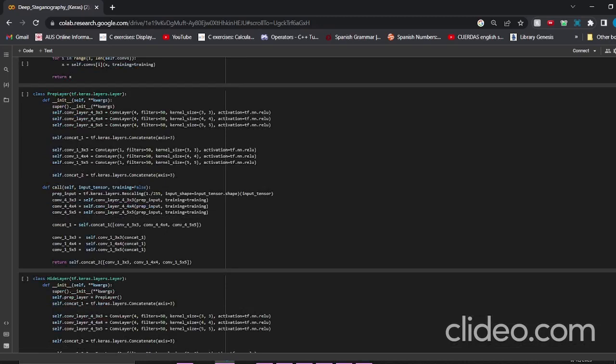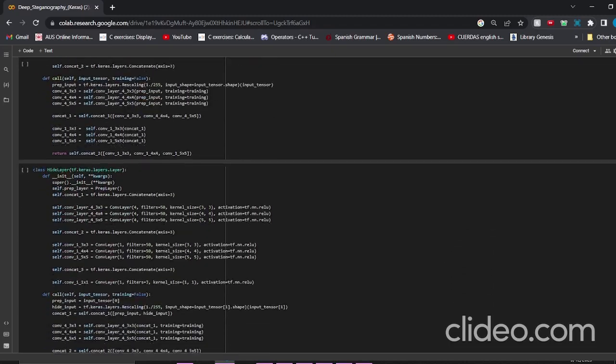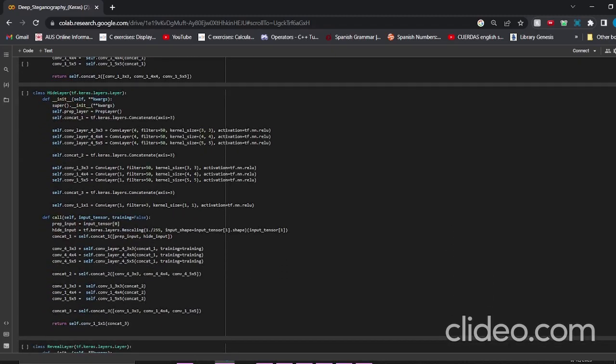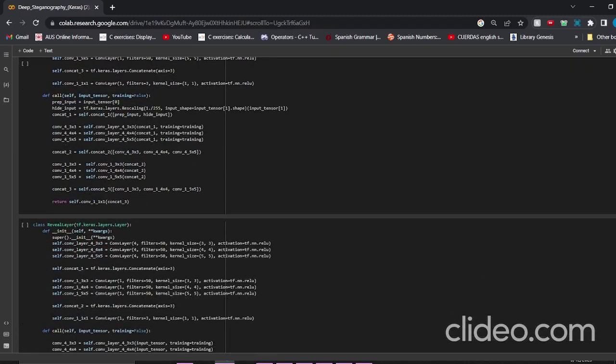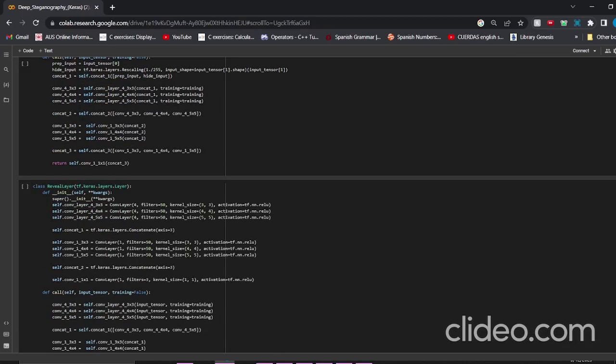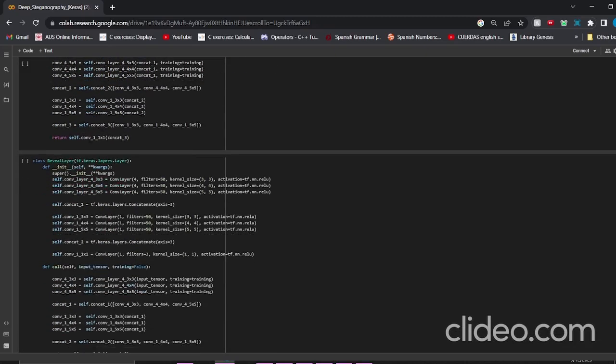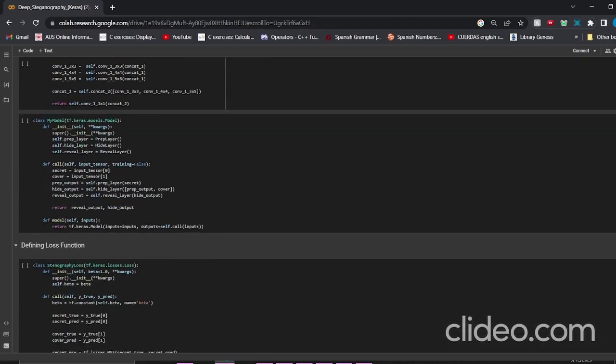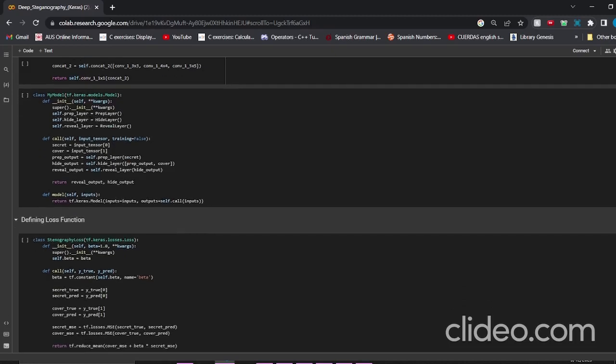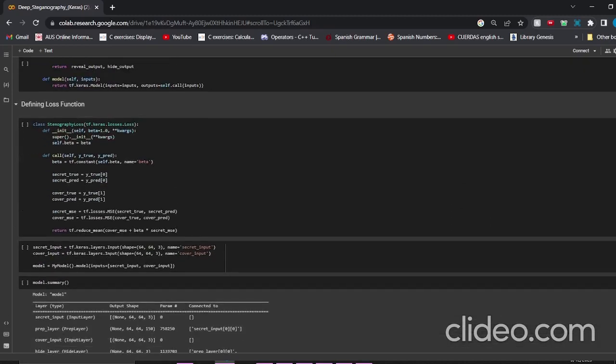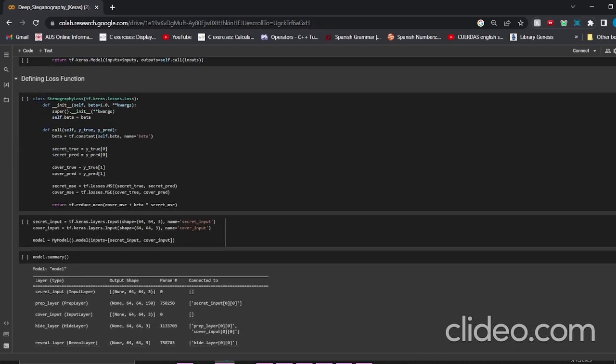It prepares the secret image to put into the cover image. And then you have the hide layer that hides the secret image into the cover image. And then there is a reveal layer which reveals the secret image from the cover image. This is our model. We're defining it and initializing it. And then we're defining our loss function and our predictions and how we're going to call them. We're using an MSE loss here